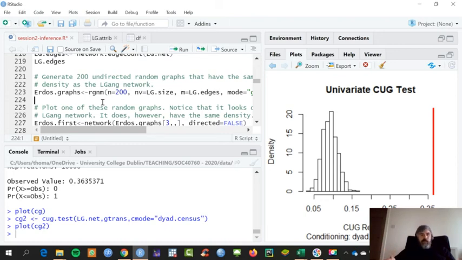When you commit crimes, you commit them in groups of the same people. You don't just commit them with random people, you commit them in groups. Makes a lot of sense. But how do we show that? Right? And the conditional uniform graph test is where you calculate a test statistic. In this case, we calculated transitivity. And then you generate random networks that have similar features as the observed network. In the conditional uniform graph test, we condition on the number of nodes and the number of edges, or we could even condition on the dyad census. Yeah? Like only generate random networks that have these features,